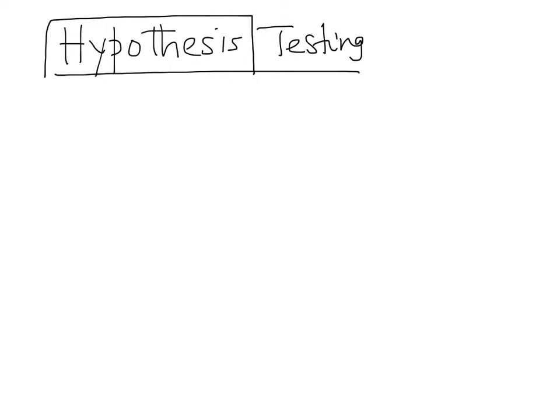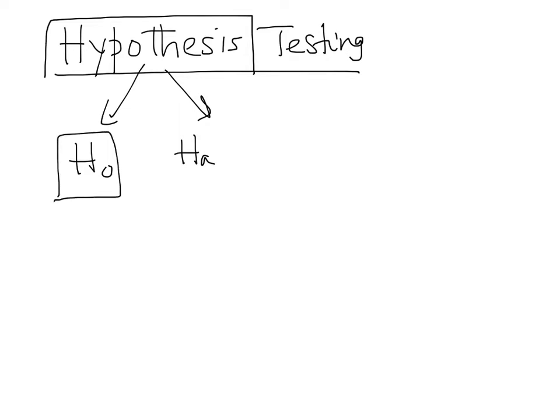Now, as you know, there are two types of hypothesis, H naught and HA. Null hypothesis H naught is the one you want to reject, gathering sample information. HA is the one you want to prove, gathering sample information. So many times we call it research hypothesis, alternative HA. Okay. Now, for parameter pi,